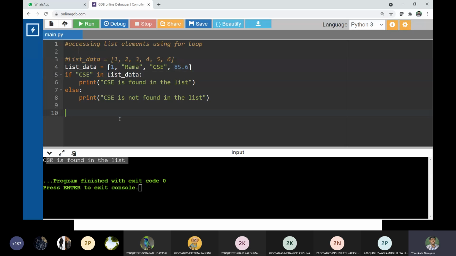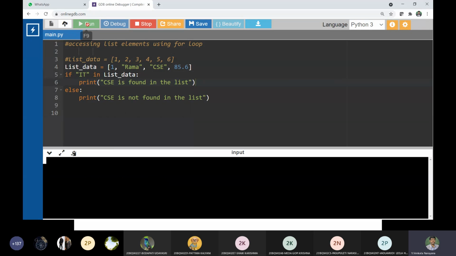I think now it is clear, right? Yes, sir. So we need not compare each and every element in the list. Just by using the membership operator in, with the if conditional clause, we can check whether the particular element exists in the list or not. So here I am checking whether IT is present in the list.